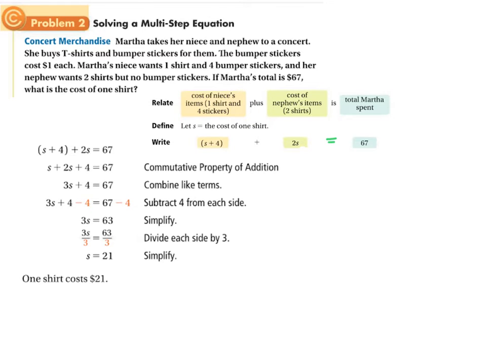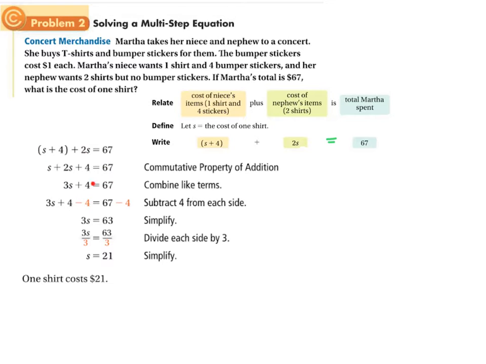Okay, and so we're going to take that and combine like terms. What they're doing here is just reordering things so that the S's are together. I'm okay if you just see the S here and this 2S here and make it 3S. This line, I don't mind if it's not there. Okay, 3S plus 4 equals 67, meaning 3 shirts together plus the $4 for the stickers equals